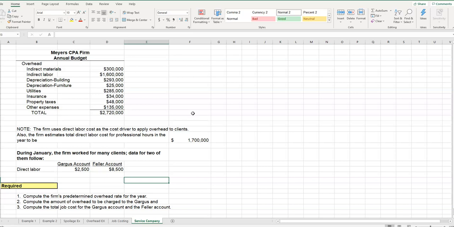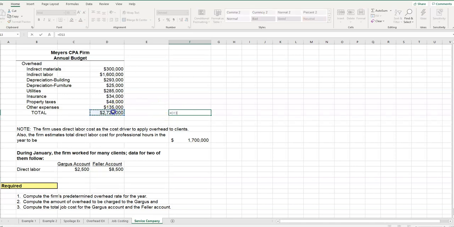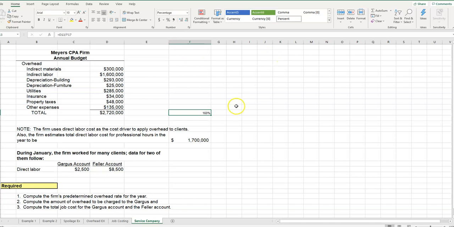When we use direct labor costs, we end up with a percentage amount that we use to allocate overhead. So we take our total overhead costs divided by the cost of direct labor. And what that gives us is 1.6. So we allocate at a rate of $1.6 per dollar of direct labor costs,